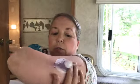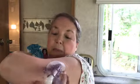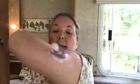She's stuck. Sometimes it falls over, sometimes it doesn't, but it's okay. No, I think I got it right there. I go around and try to make sure it is on there pretty well. Now I don't have any of the grips to put on here to hold it on, so I'm usually pretty careful with these. Sometimes I have to change them out a day before the sensor is about to die out,